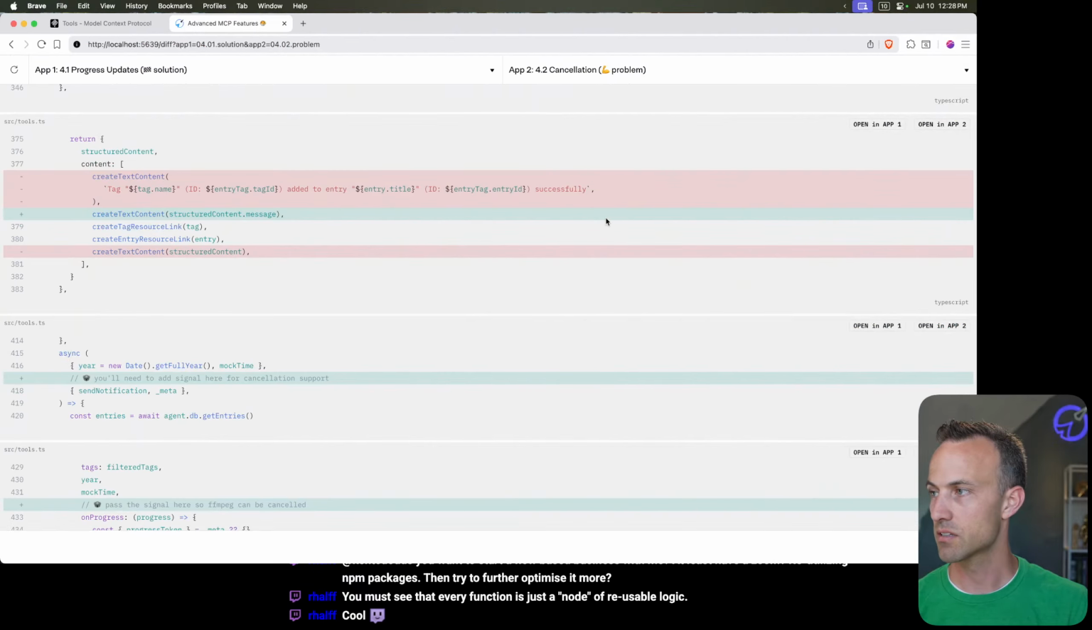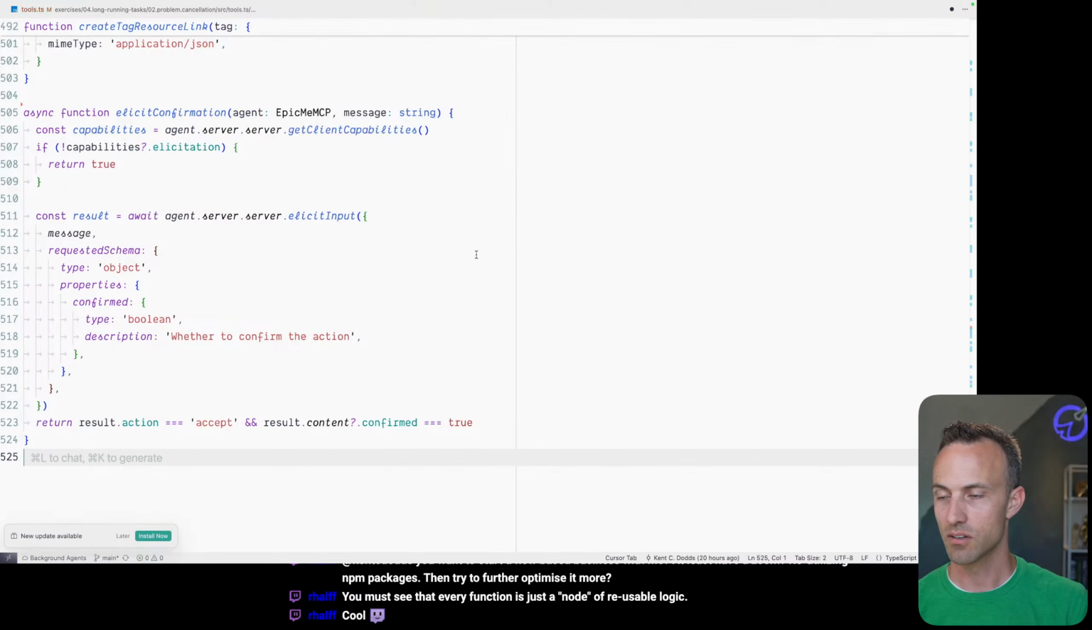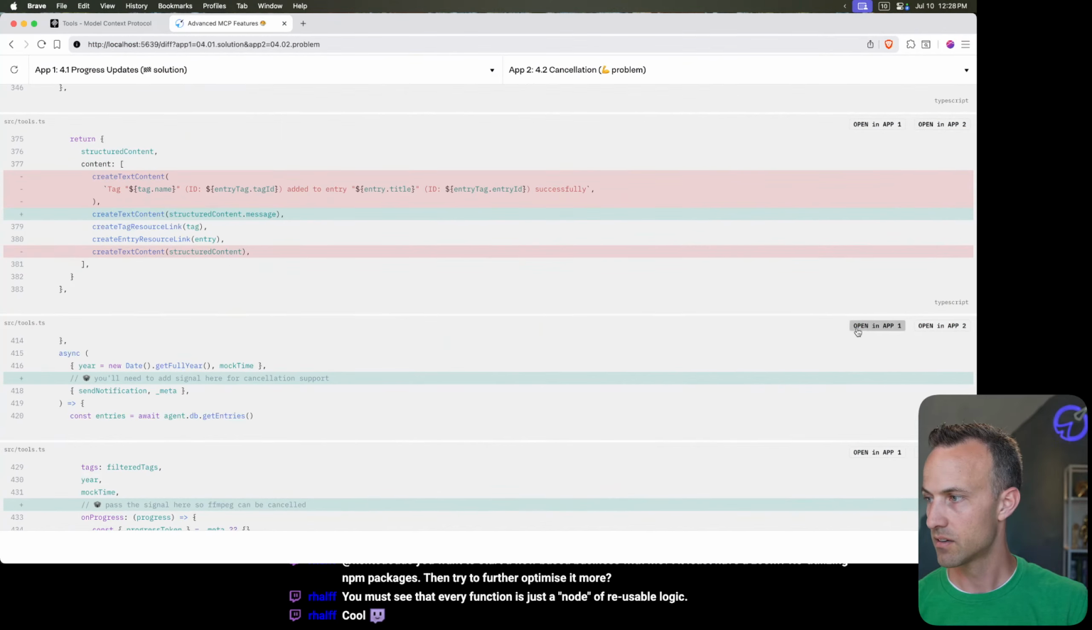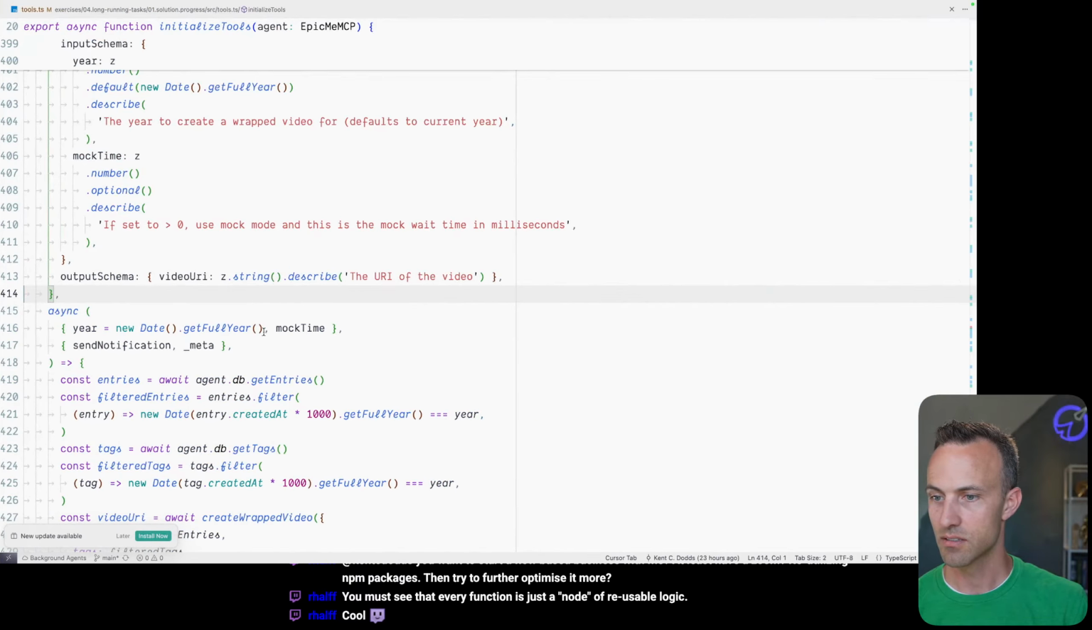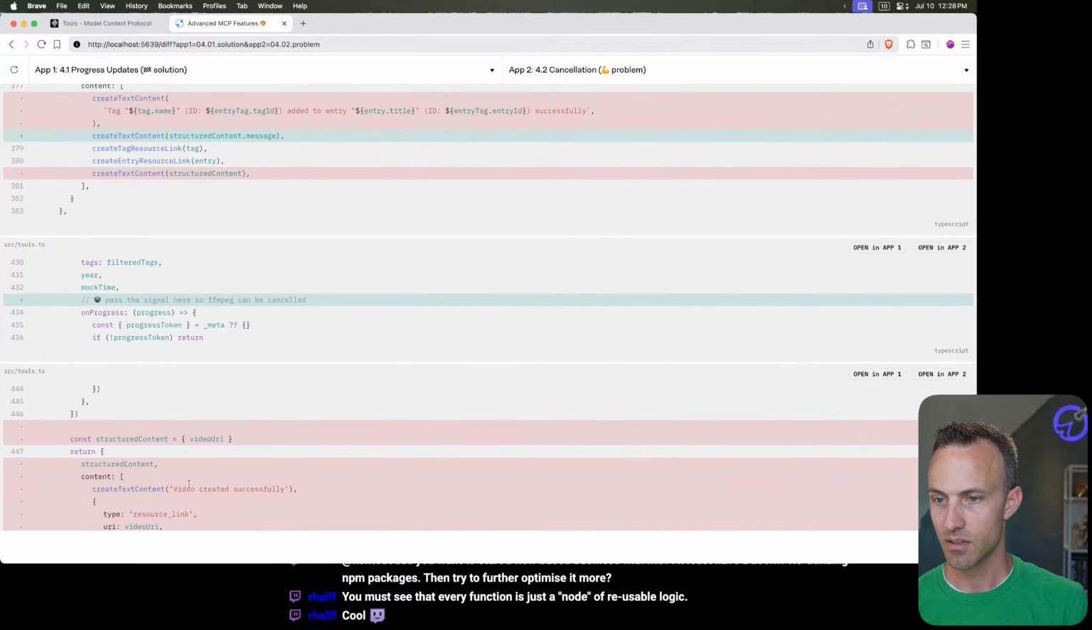So copy that, paste it over, and then take that, stick it right here, and